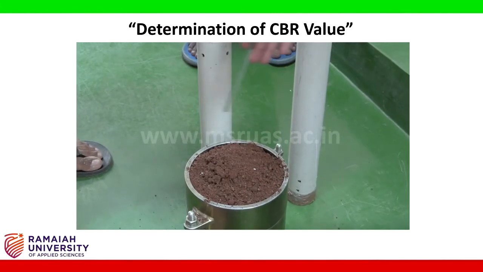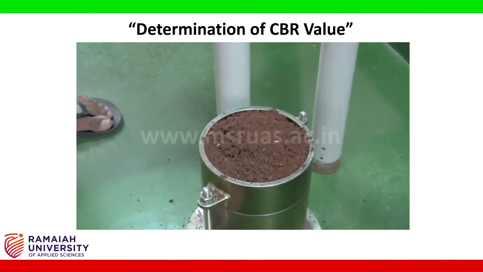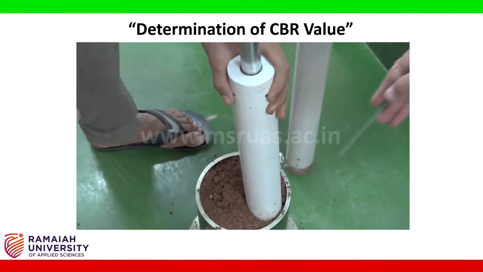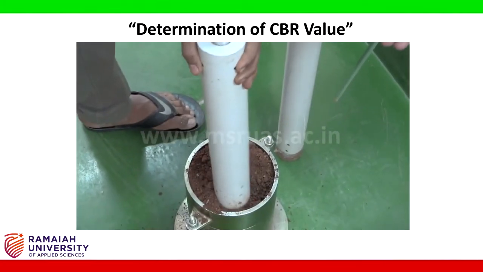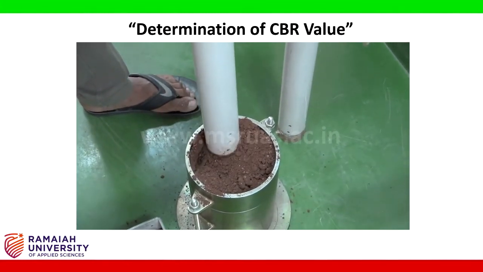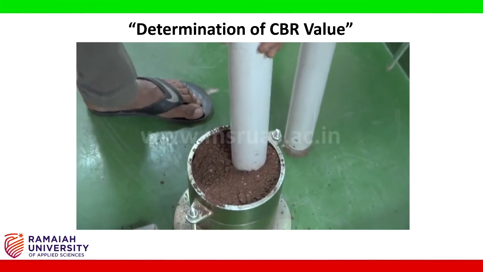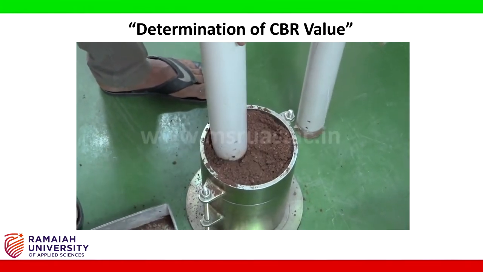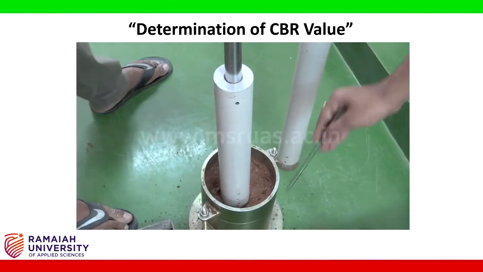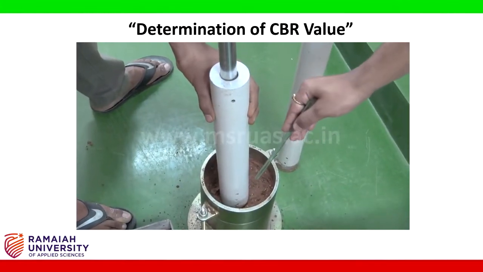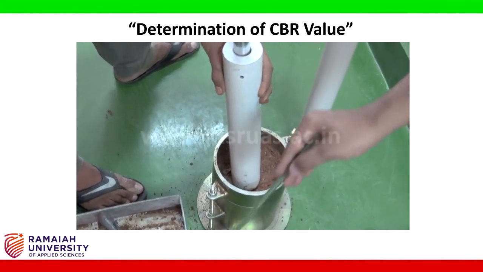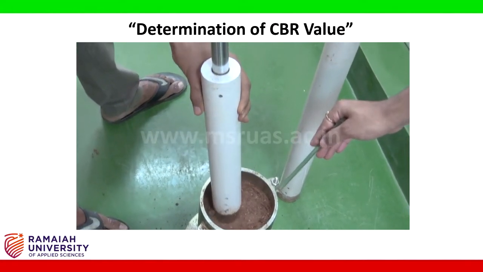After placing the second layered material, we need to start with the compaction process just like the way we did for the first layer. Start the compaction distributing the compaction effort throughout the surface area of the specimen and continue it till you reach 55 number of blows. Now we are done with the compaction of the second layer and we shall start the compaction of the third layer just like the way we did for the first and the second.